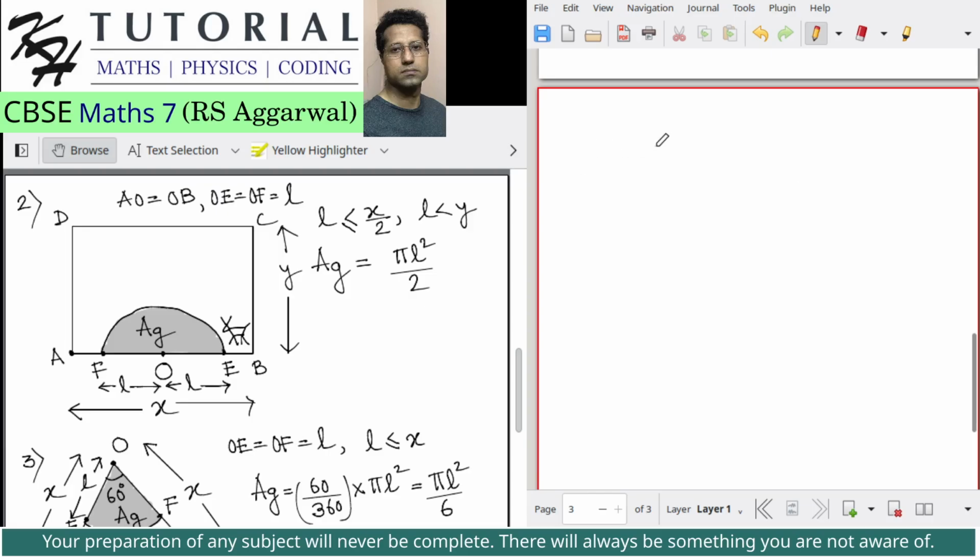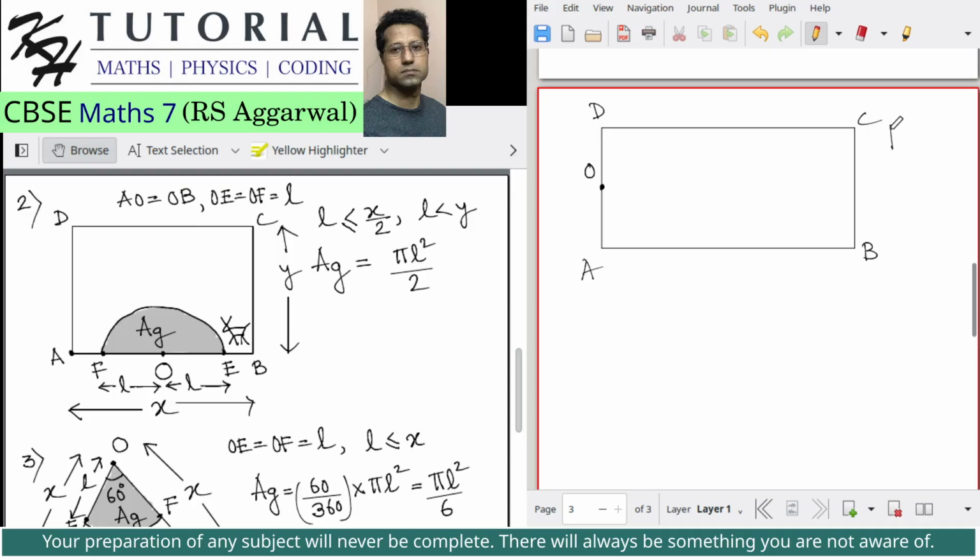Let's say we have this rectangular boundary or plot ABCD, and let's say O is the midpoint of the side AD where the animal is tied, and this is Y, the breadth of the rectangular plot is Y and the length is X,